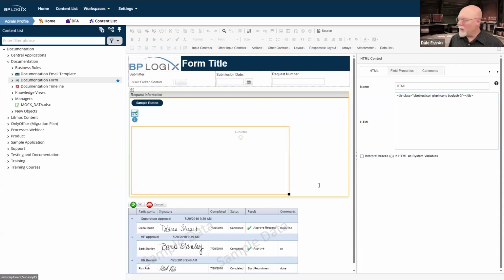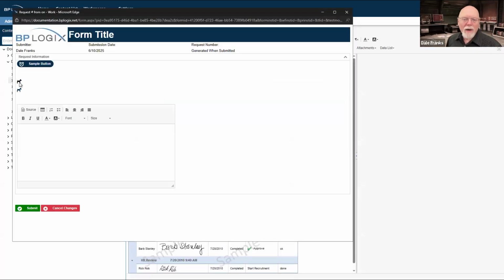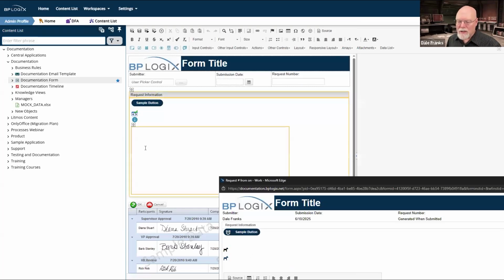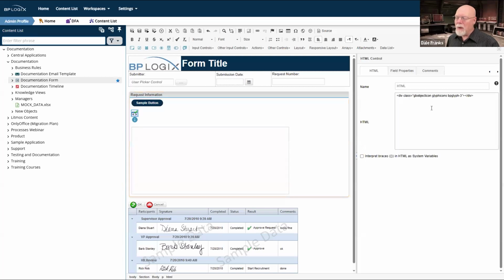Let's run the form again. We have about 5 minutes before I run out of time here. So let's relax a bit and run the form. We can see this right here, that first icon, which is the one that is generated simply by the empty div class. We can also add some text, and we can't add much because these classes inherently have a size to them. But I could put in, say, doggy, and I can save my form.